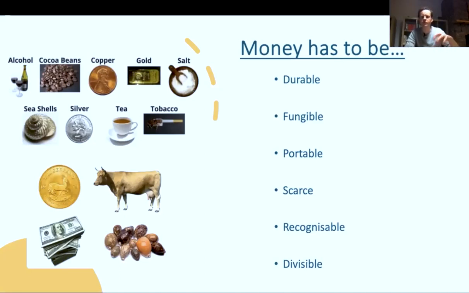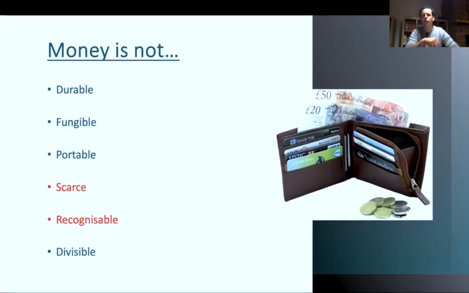For most of the properties above, I would say that the currencies we have today do mostly fit. If we ignore the fact that paper money, for example, for a long time wasn't actually durable, but now it's a bit more solid because it's got more plastic in its makeup. However, when we look at the money we have today, in my opinion, the two main properties that fall short are scarcity and it being recognizable. I'm going to come back to this soon in this video to explain why I think that.